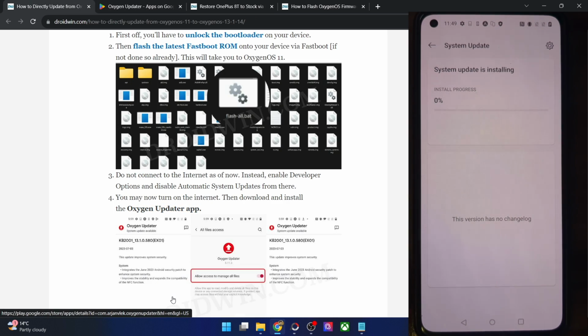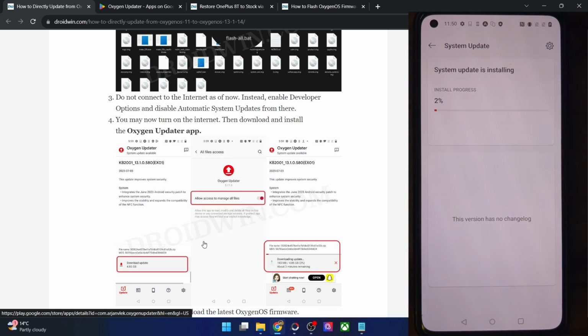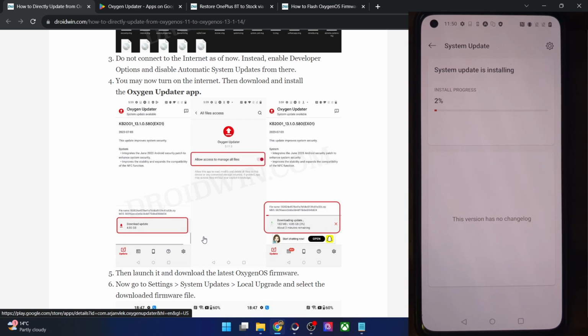That step requires you to flash the latest firmware across both the slots. As of now, the update will be installed only in a single slot. So if you now proceed ahead to flash the custom ROM, then you might end up in a soft brick or a boot loop state. So once the installation is done, we will then move ahead and flash this firmware to the inactive slot as well. So let's just wait for the flashing to complete and then we will be back.